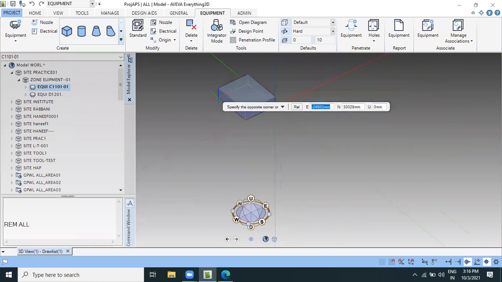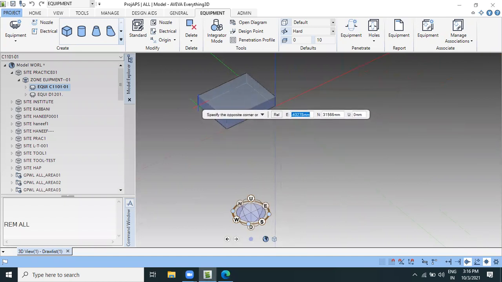Then give the east west north value here. East west value is 2100 tab 2100 tab 0, then enter, then give the height, maybe 25, then enter.